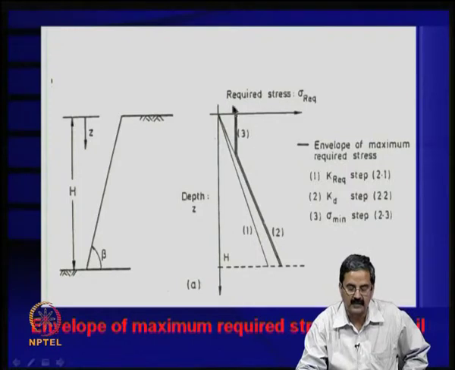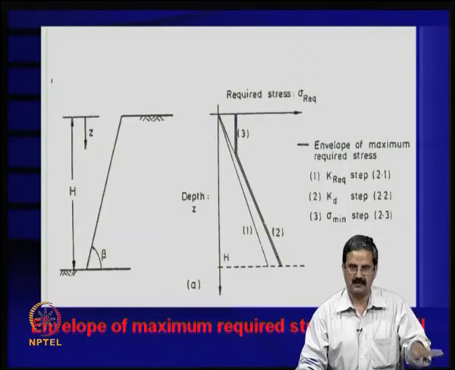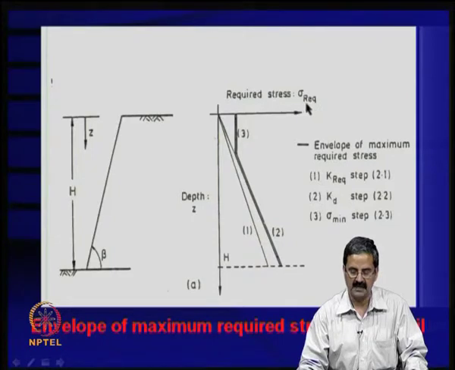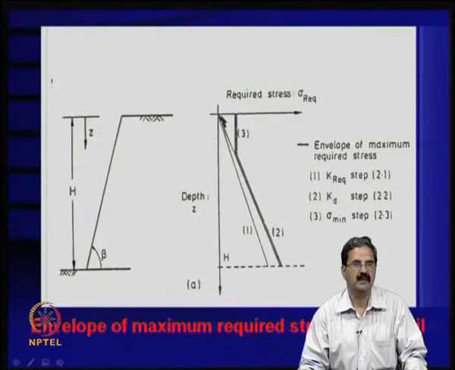Then at the top, in every layer we do the compaction, but the compaction stresses will be much higher. See, the overburden pressure is very high. During the process of compaction, we will have some sort of pre-stress induced into the system. For example, gamma into depth: 18 into 1 meter is one value, 18 into 2 meters, 18 into 3 meters, it follows this line. But at the top it is 0, though practically it is not 0.